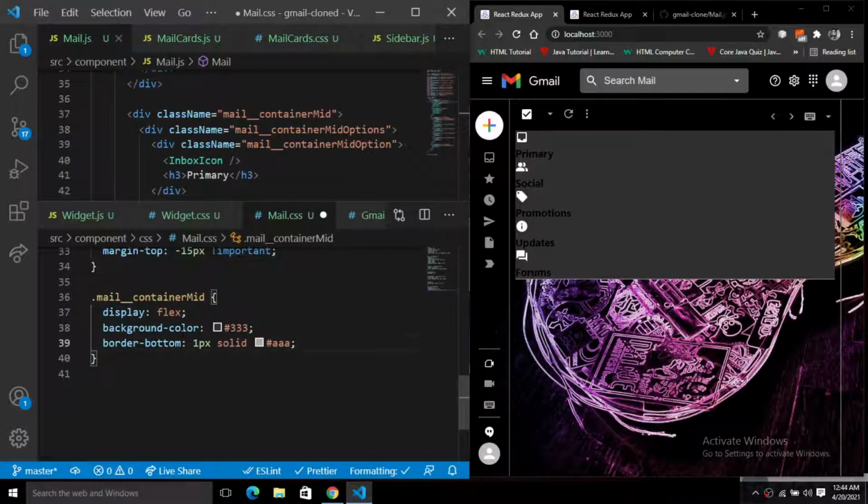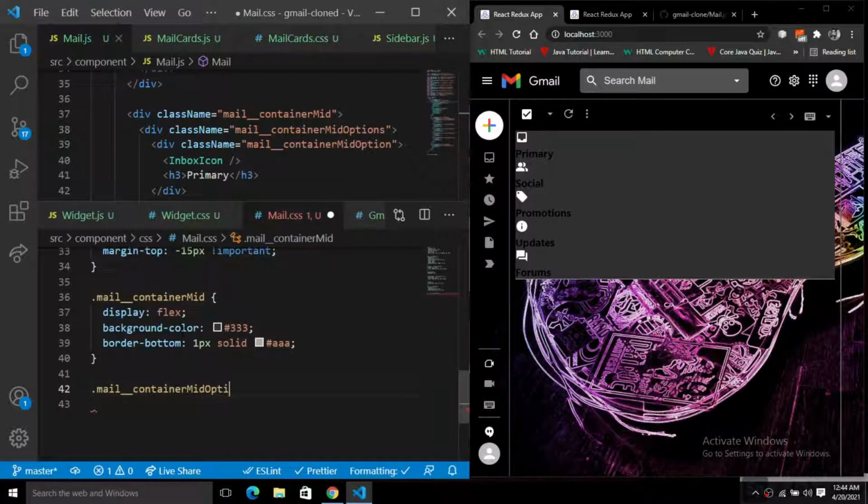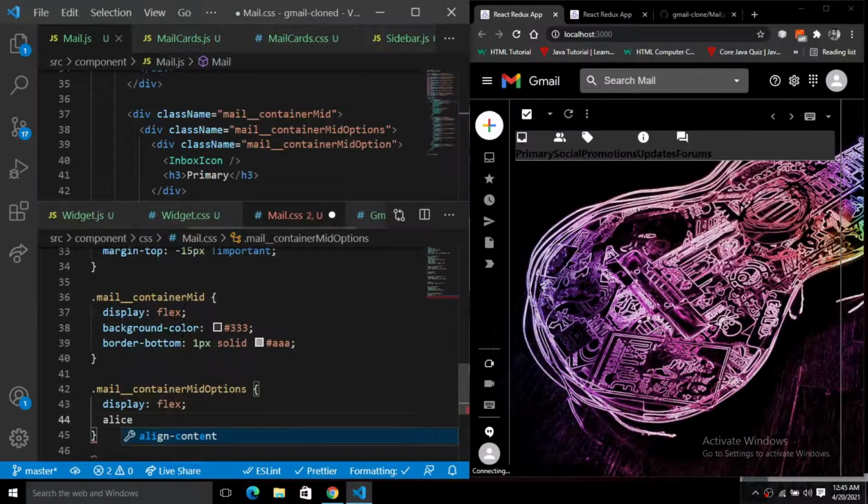Next we have these options. If you see at the top of the tab, we have a middle mail container mid options. So let's style the options first. For these options, we have the display of flex. Next we just have to align all the items to the center.